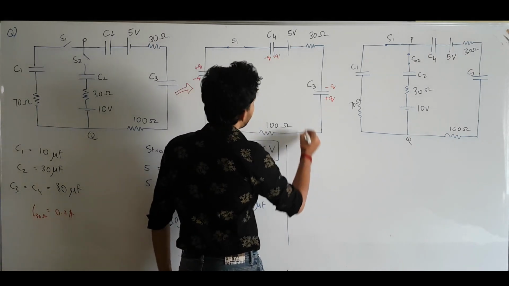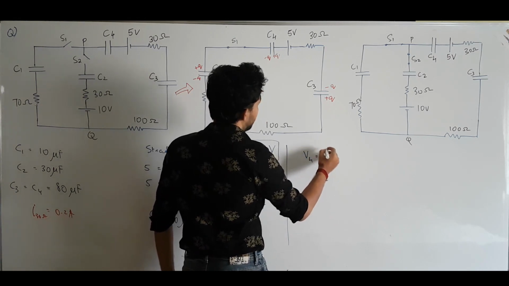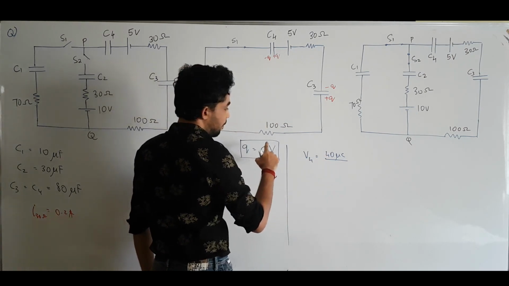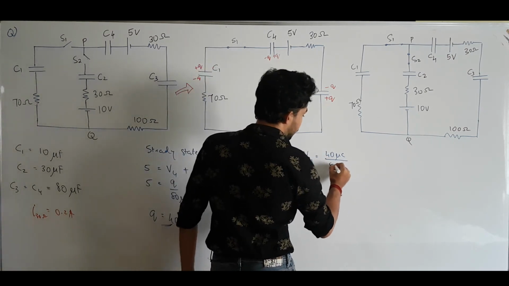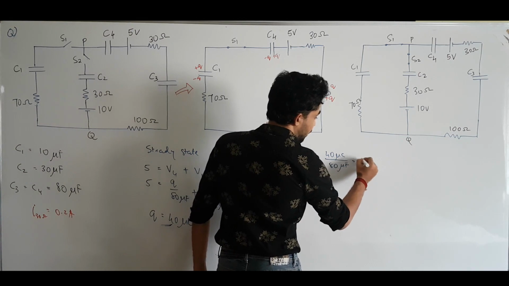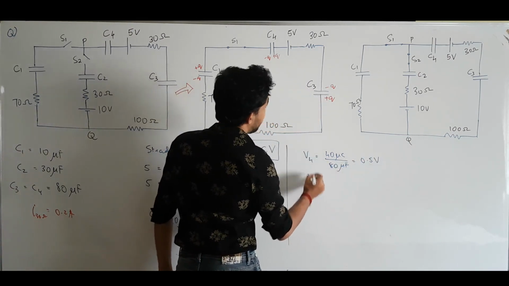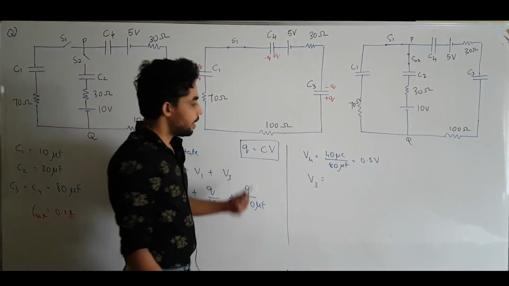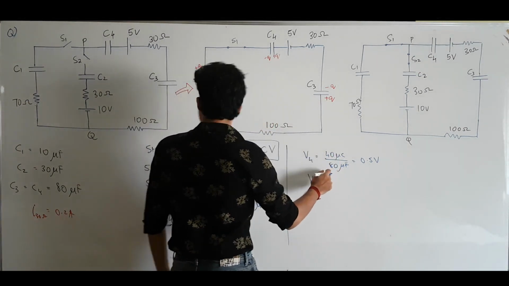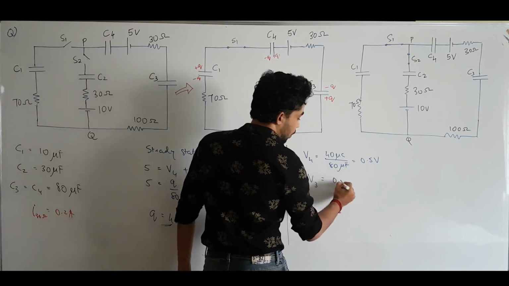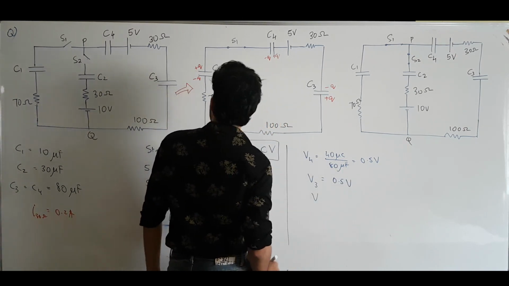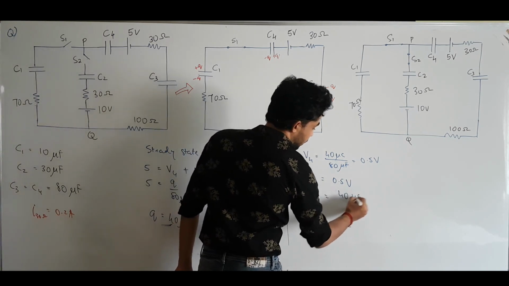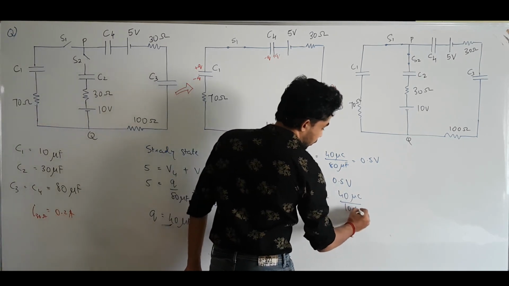That is, for the capacitor C4, V4 is going to be the charge, that is 40 microcoulomb, divided by the capacitance, which is 80 microfarad. This is going to be 0.5 volt. Across the capacitor C3 also it will be the same potential, 40 by 80, the capacitance is the same, so this also will be 0.5 volt. And across the capacitor C1 this is going to be 40 microcoulomb divided by the capacitance, 10 microfarad,